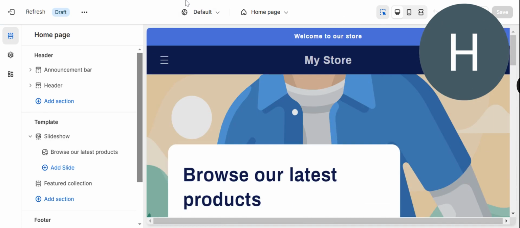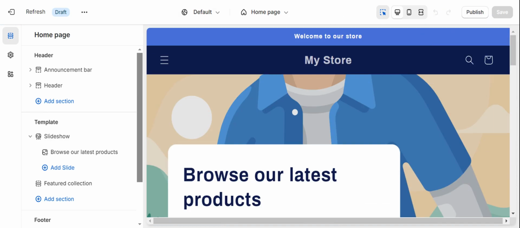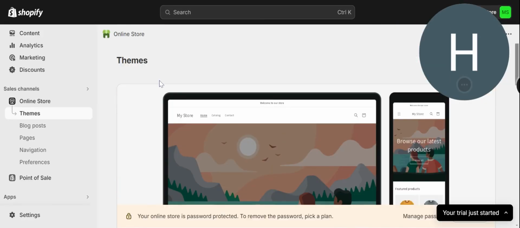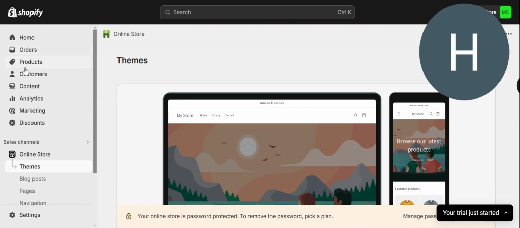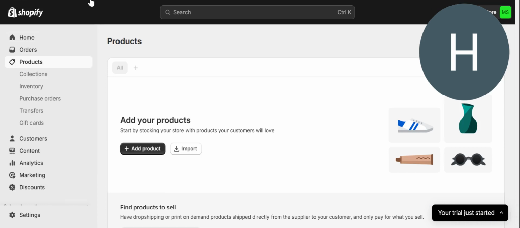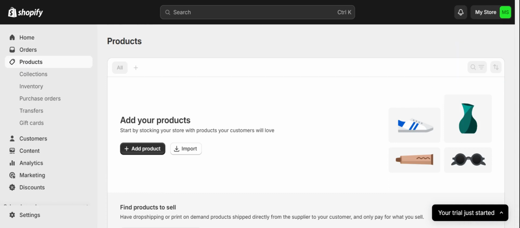But now we are coming back. We need to go back to adding our products. So let's assume that I am trying to sell bags. I assume that for the product you want to sell, you would have the images already. So I'm going to just try and download some images and then come back to this and then add my